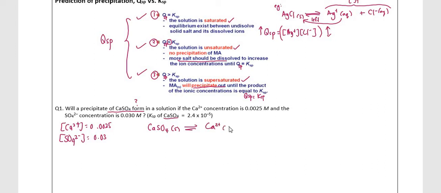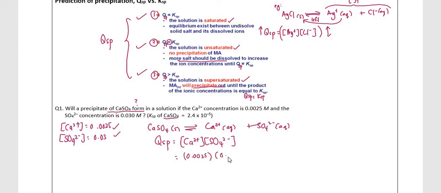Produce Ca2+ and SO4 2-. Right, the QSP expression is similar to the KSP expression: concentration of products, to the power of their coefficients, over concentration of reactants. Your reactant is solid, so it is not included. Then you just substitute the value of concentration Ca2+